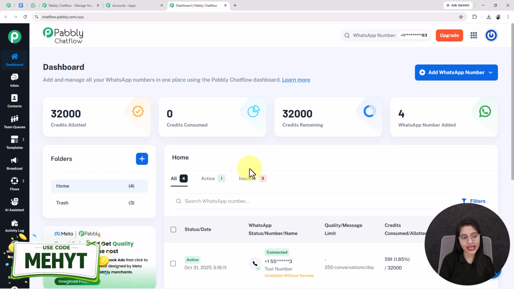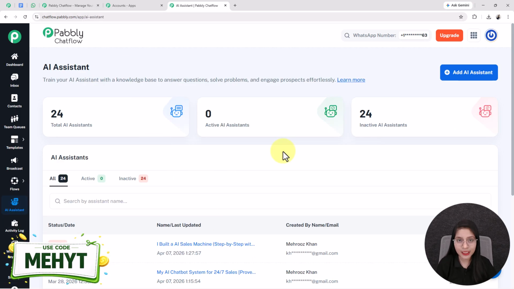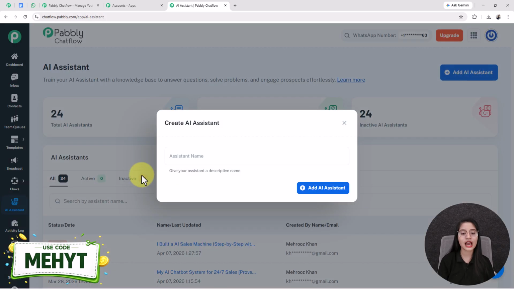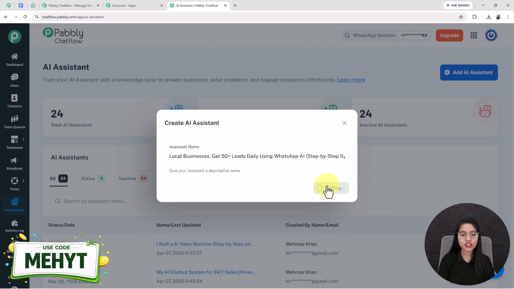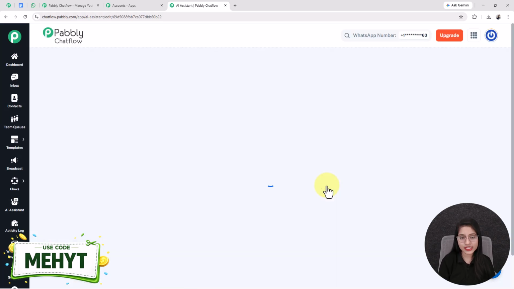As we are creating an AI assistant, I am directly going into this AI assistant feature. See, this is the page where you can create multiple types of WhatsApp AI assistants for your own business. Here you can train your AI assistant with a knowledge base to answer common questions. As we are creating a new assistant, I am clicking on this plus add AI assistant button. After that, it will ask me to give a name to the AI assistant, which I am entering as Local businesses get 50 plus leads daily using WhatsApp AI step-by-step system. After that, I will click on this plus add AI assistant button and you will see our AI assistant is